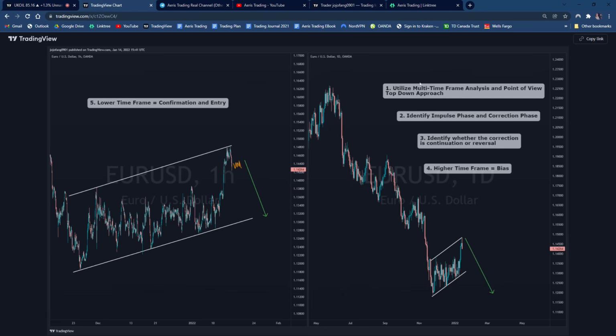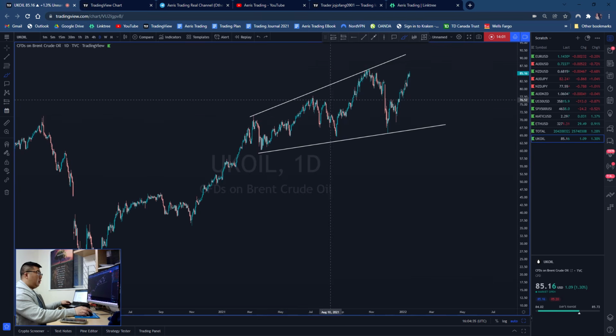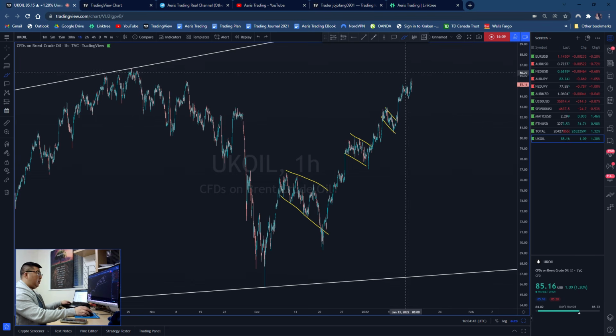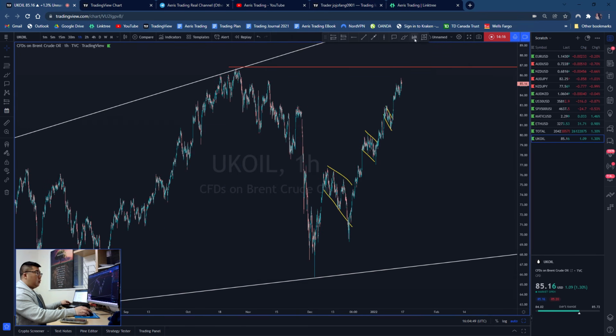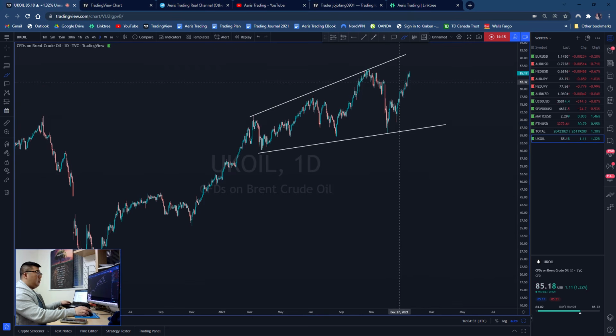So again, satisfy all these conditions, right? Start from the higher time frame point of view, identify the corrective phase on the higher time frame, identify that this is likely to be a corrective reversal price action, and we're moving up to this previous high here. And it's very important to see what the price would do when it reached this high, because just like all the examples that we just went over, when the price is in this larger higher time frame correction, we know that we have a stronger bias of potentially price reaching the high here that can potentially sell,